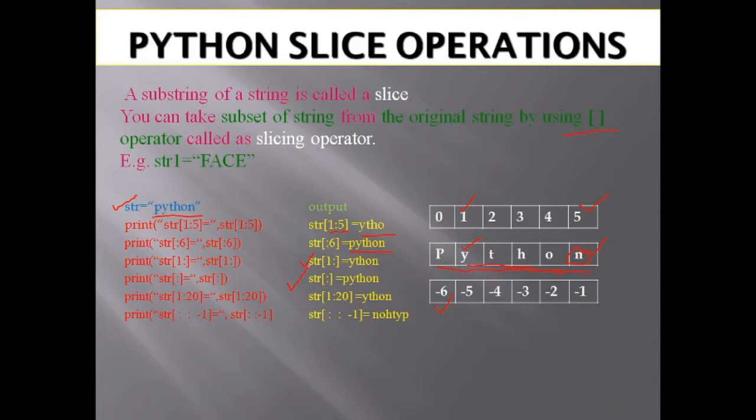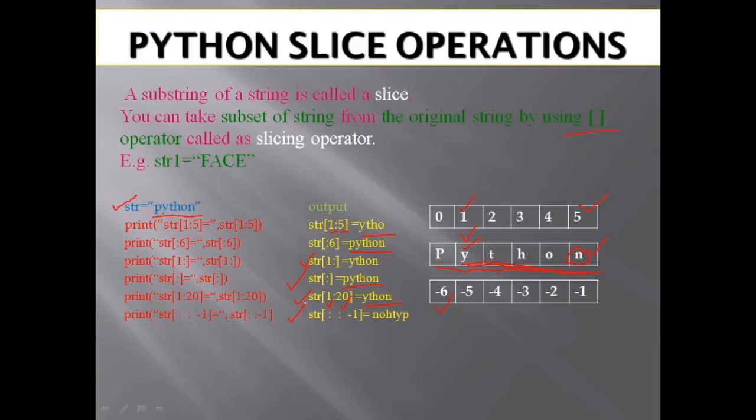In the next example, the starting and ending positions are both neglected here. So we have the freedom to read the whole string as output. In the next case, we have to read from starting index value 1 up to index value 20. Now here we have the starting position 1, but we don't have the ending position index value 20. So again we can read from position 1 up to the n number of characters, that is the n number of index values, that is YTHON.